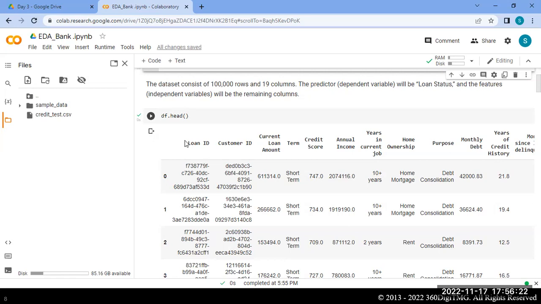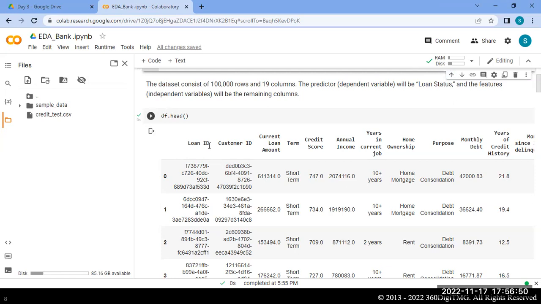For how long have you been working in that job? How much is your salary? Do you have any outstanding loans or not? What is the purpose of your loan? What are you trying to do with that loan? All these details will be asked. Banking people don't give you the loan that easily. So that is the data I have here.